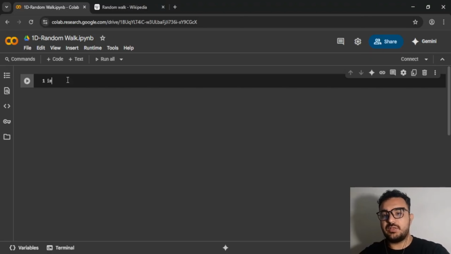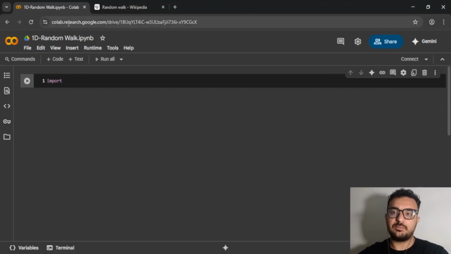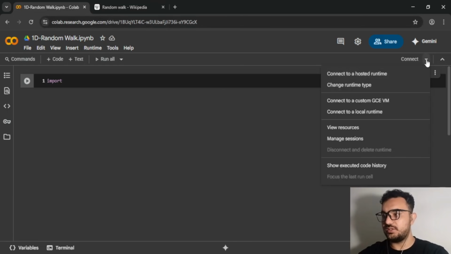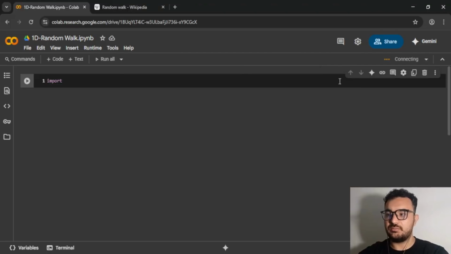So the first thing that we are going to need is to open Colab. If you don't know, you should just write colab.research.google.com, and then you open a new notebook and you're going to see something like this. Then you hit this button here and click on connect to a hosted runtime. After you're connected, you're good to go, and you are going to be able to run your Python code through your browser, without needing any installation on Windows or any OS that you are using. So